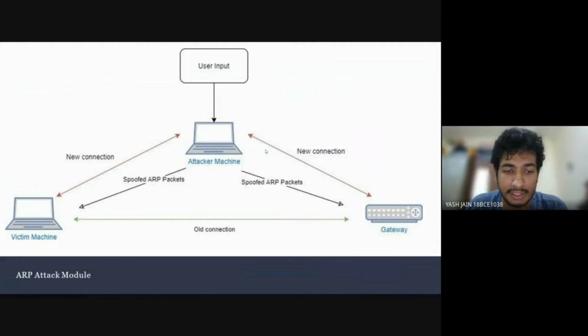In ARP, as you can see in the following diagram, we as an attacker would spoof an ARP attack where the IP address of the attacker and the MAC address would be of the victim. Whenever the request reaches the gateway, the gateway would ask whose MAC address this is. But as the attacker machine, we would be sending so many ARP packets to the gateway that the gateway would assign our MAC address with the victim machine's IP address, and so the gateway thinks that we are the victim machine. So we are actually acting as a man in the middle. So this is the ARP attack now.